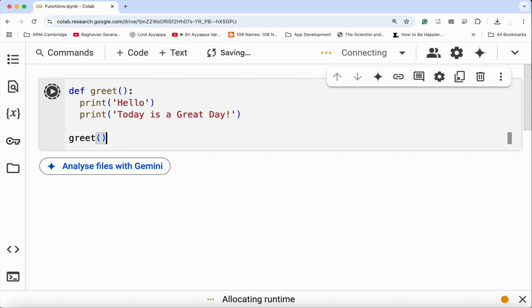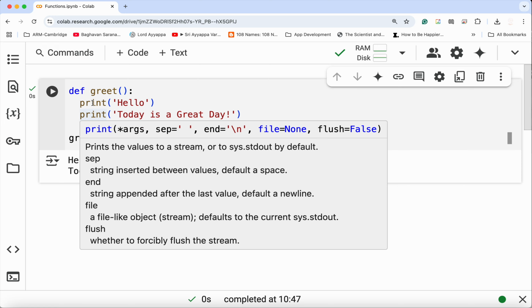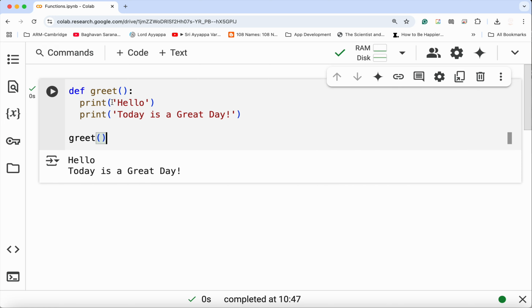So basically what is happening is when I execute greet over here, I'm going to call the function greet, that has the same name, and execute the block of code that is associated with the function here. Now you may say, why don't I just put the two lines of print directly in my main code? Of course you can do that, but the whole idea of functions is to